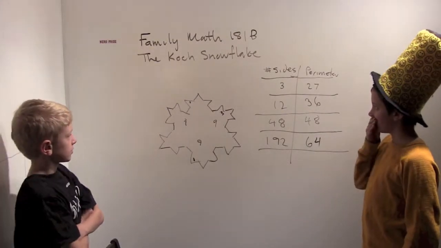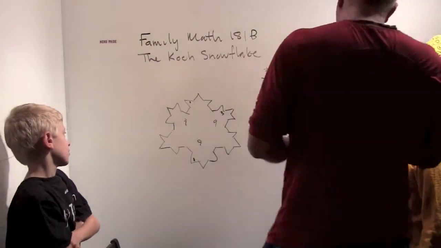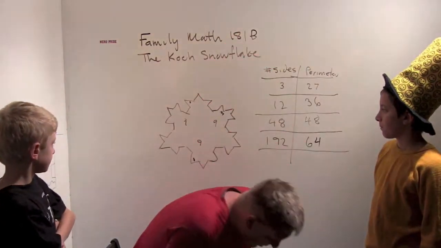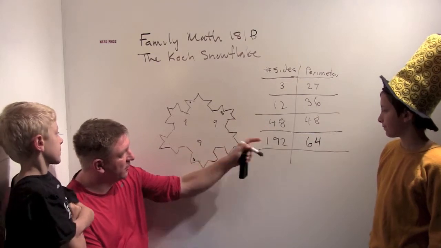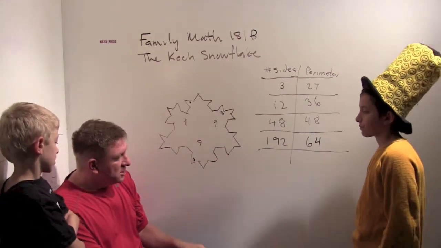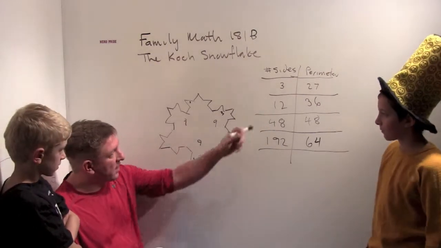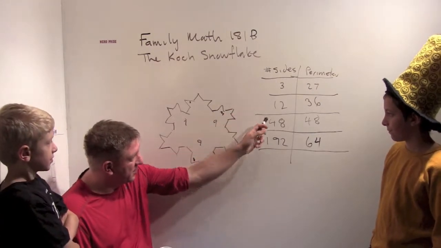Okay, so we're back for part B. And we had just finished talking, conjecturing that we were going to get 192 here. Yeah. Because you said, hey, every time we're multiplying by 4. Is there any geometric reason why that makes sense, or why the number of sides is being multiplied by 4